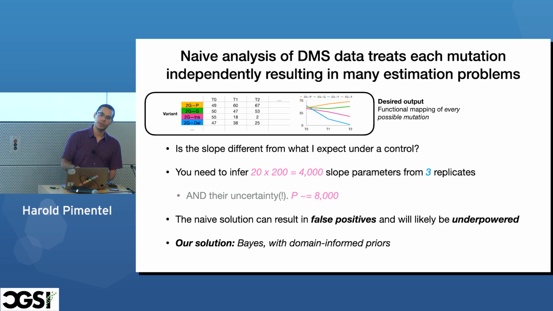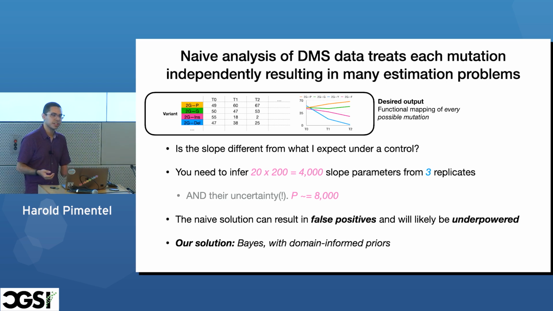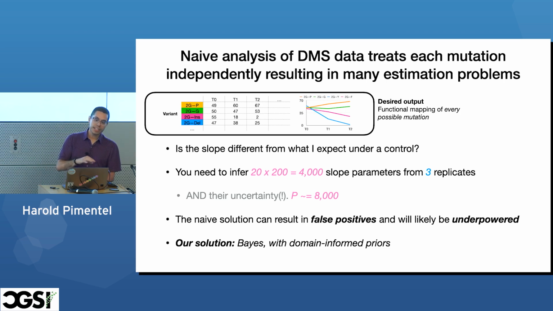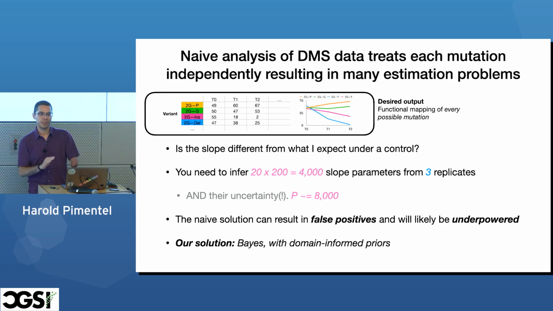And so how do we get around this? Well, there's a lot of different ways to do this, right? If you're familiar with DESeq, for example, DESeq is a very general method. What do they do? They regularize the variance as a function of the mean, right? We do this too, in fact, it's under the hood here. I'm not going to talk about that today, but in addition to that, you can inject some sort of domain knowledge, and this is basically the hat trick that we use all day long in my group, right?